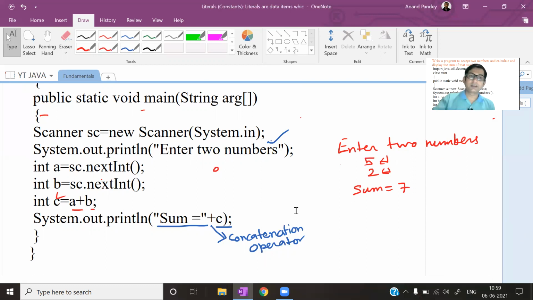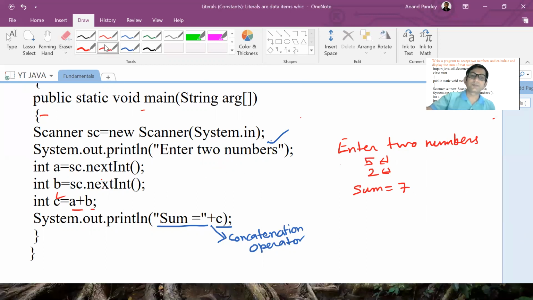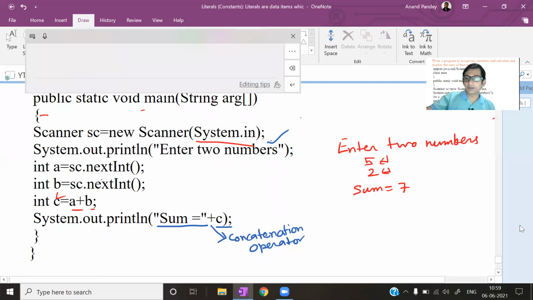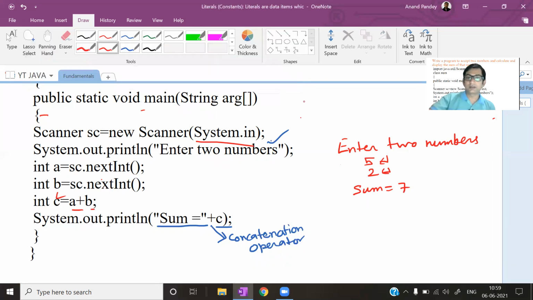One more thing, let me tell you about system.in. As I told, I will come back to that also. System.in, what is the use of this system.in? As I told, here we are creating the object of the scanner class for this nextInt function. And this nextInt function is taking integer input. मतलब input functions होते हैं, generally scanner class के input functions को हम use करते हैं.